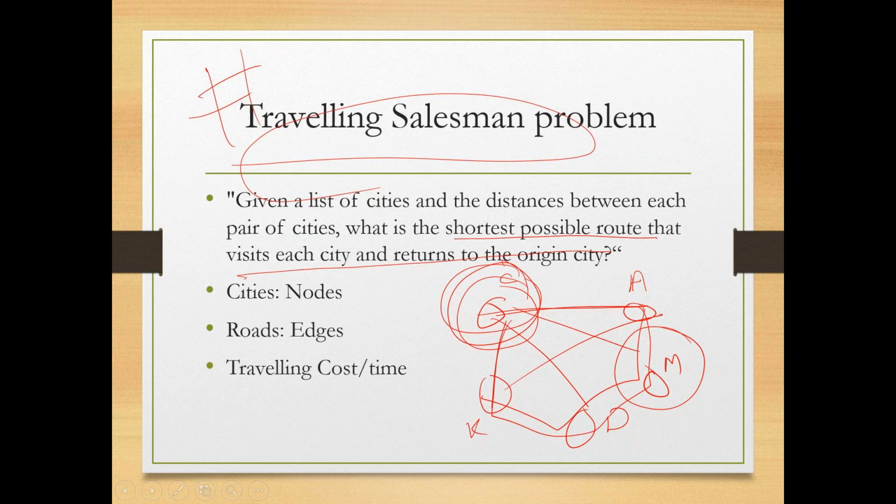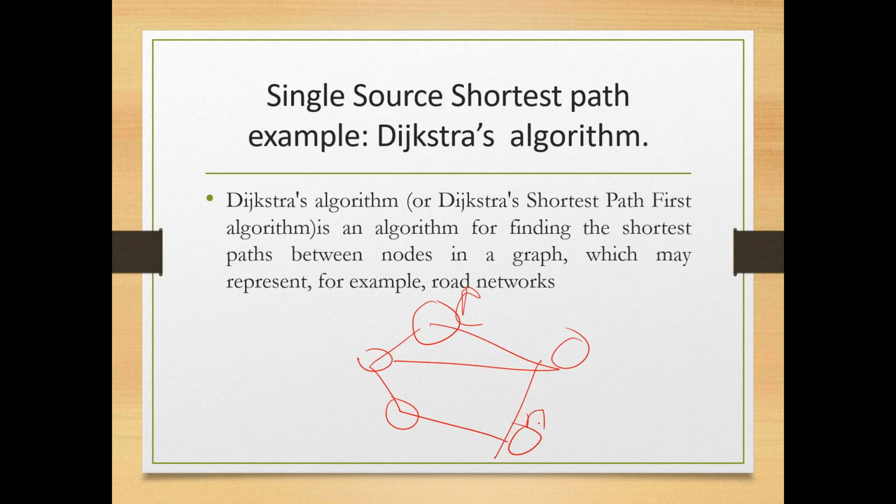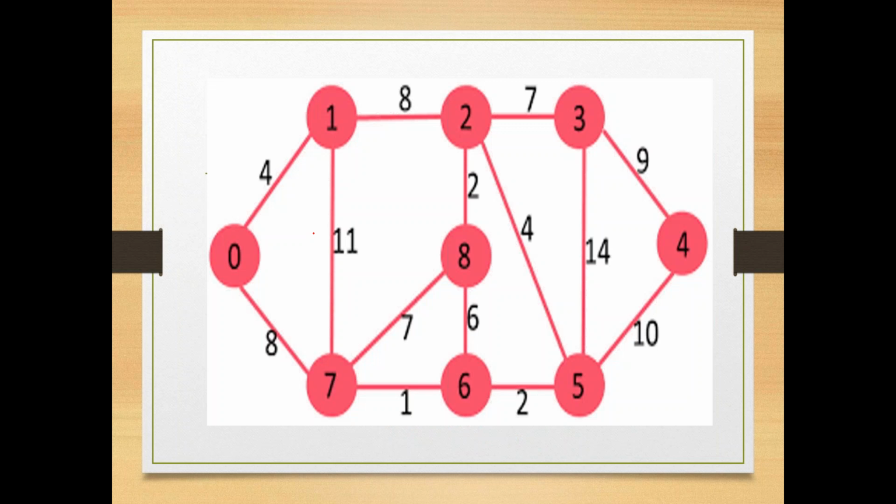Next is the Dijkstra algorithm. What does the Dijkstra algorithm say? Finding the shortest path between the nodes in a graph. Just the example which I took just now, I will be taking that only. Suppose this is our network. Chandigarh to Mumbai I have to reach. What will be the shortest route to reach? That is what the Dijkstra shortest path first algorithm tells. We will be implementing this. Suppose this is the graph.